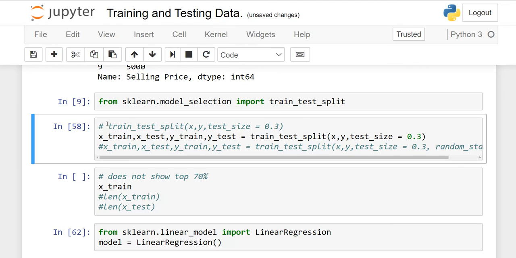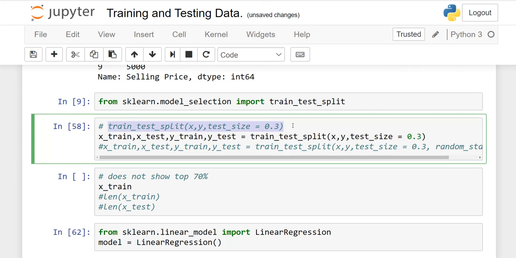So see, here I have made this comment. Actually, this is not a comment. This is the right-hand side of my second line. I only want to show you how you have to write train_test_split. This function you have to use. In parentheses, we just write x and y, the variables we created in our past coding, and test_size equal to 0.3, meaning you want to divide your data 20% or 80%, 50-50%, 60-40%. Here I said 70 and 30%. So there are 10 records in my data.